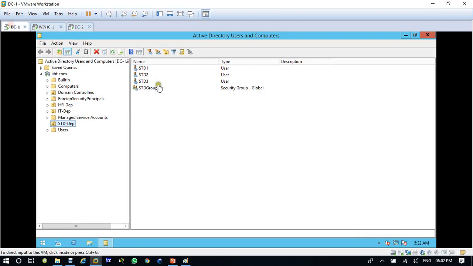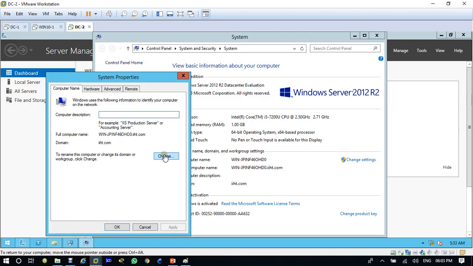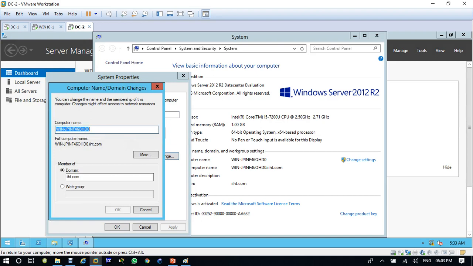See here, it's 46HD0. If you come here in the computer, see 4CX60830. So it comes here. It's better to change it, because this is the default name. So I'll change the computer name to DC2.